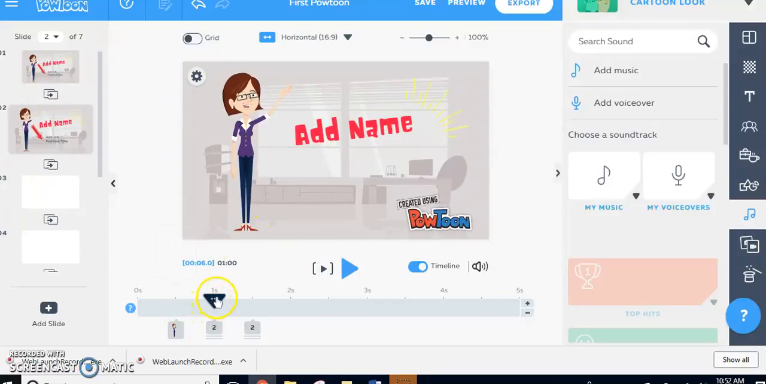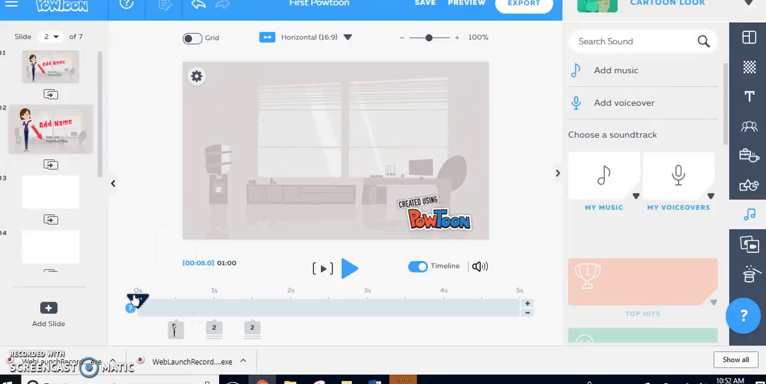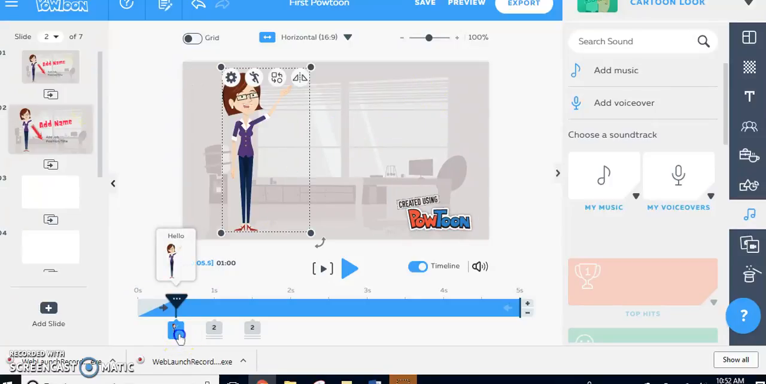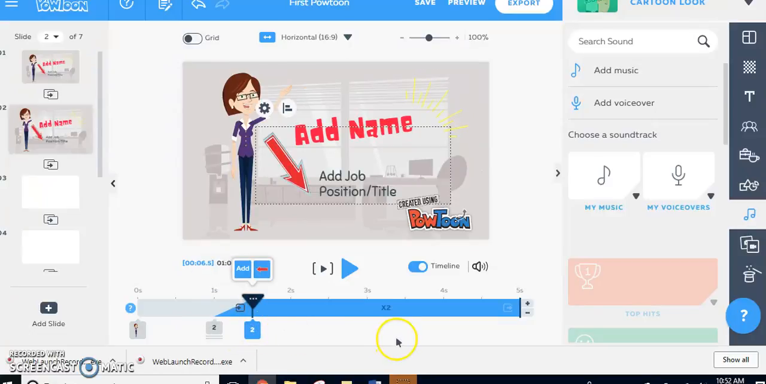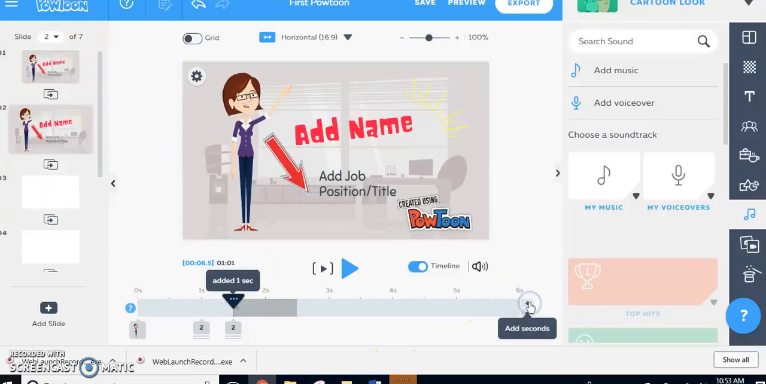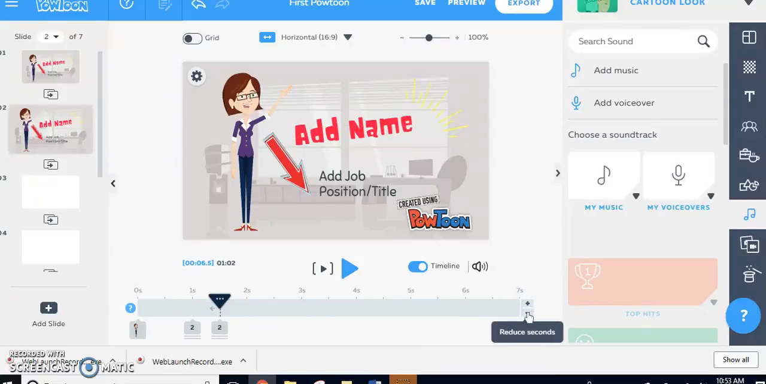So let's say I want to move her, so she comes in immediately. I can just drag her and that's her new space that she will come in. I can move the text so it comes in later, or earlier. I can add more seconds just by clicking the plus. I could subtract. The main piece is that you can only add up to 20 seconds per slide, so that's something to keep in mind as you are going, to make sure that you are not adding too much information